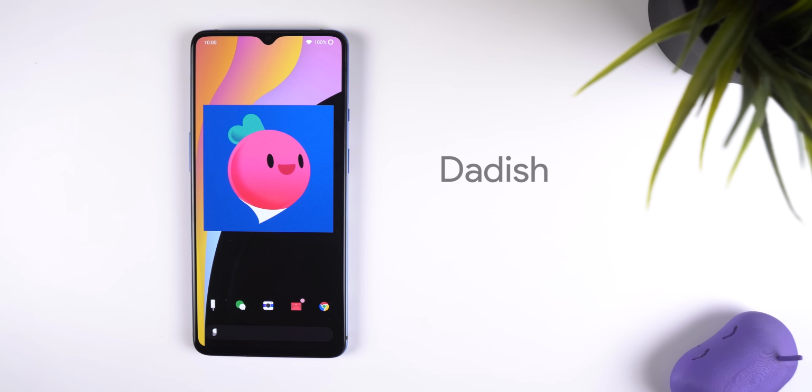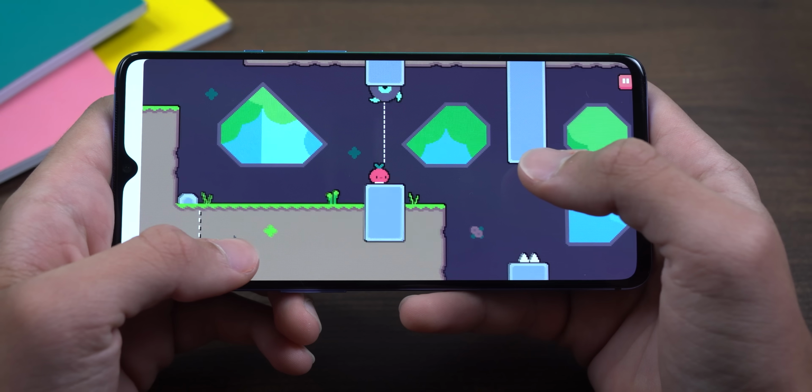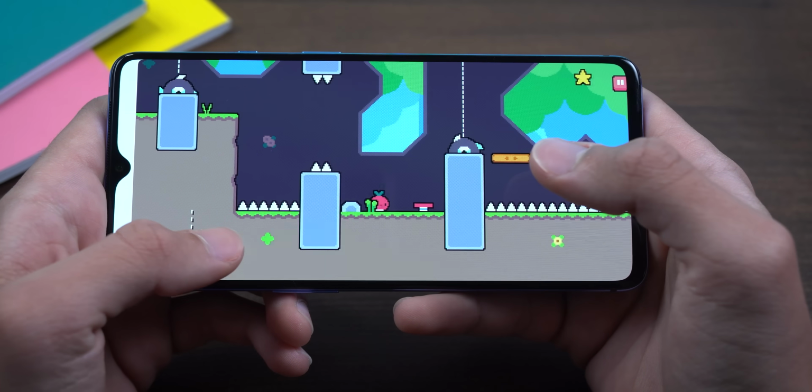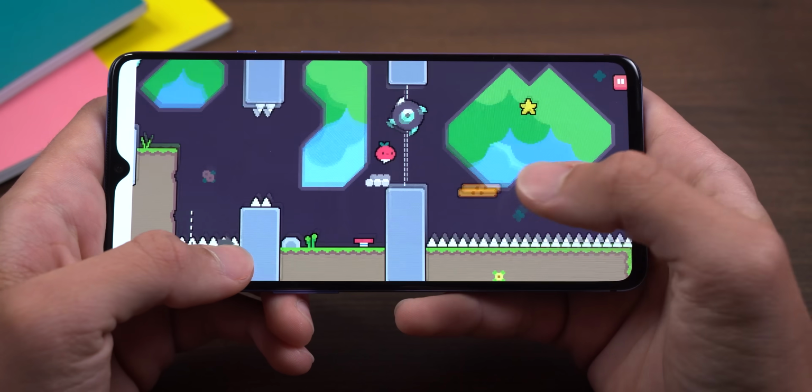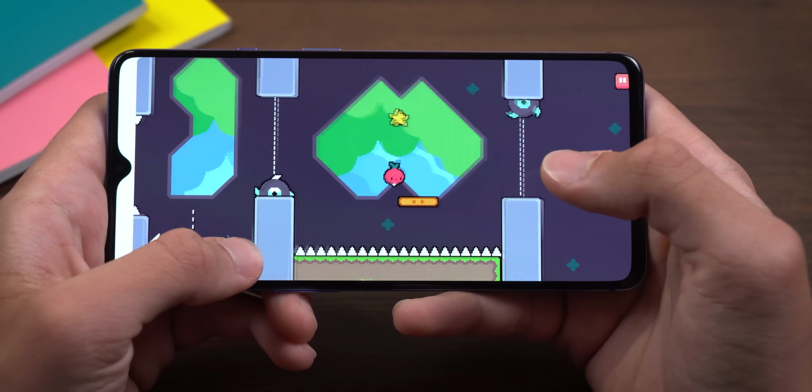Last but not least, we have Dadish. This is a 2D platform game where your character is a radish, and apparently he is also a father trying to find all his children who have run away from him. The game has a very similar feel to the old Mario games. You'll need to run, jump,